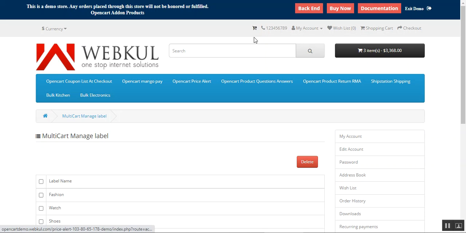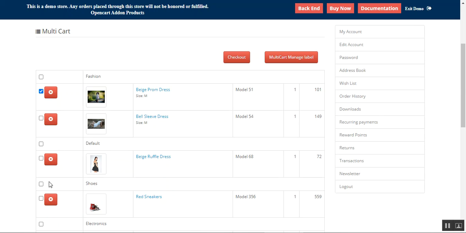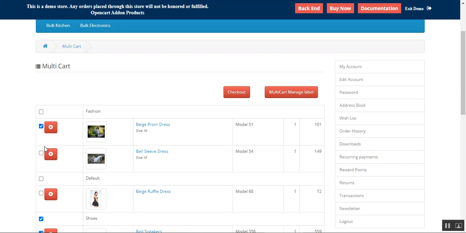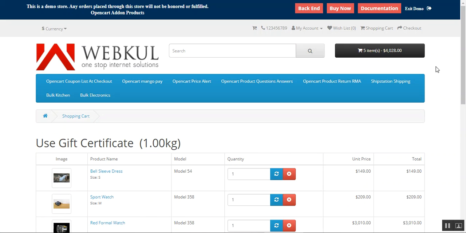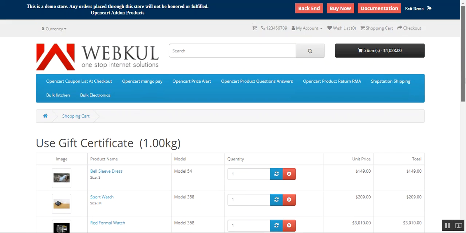And if you want to add products directly to your cart to make a checkout, now you can choose your products from multiple labels as well, and then you can tap here on the checkout button, and these products would also be added to your checkout. We already had few products, now I added some more, and now they're ready to be checked out.